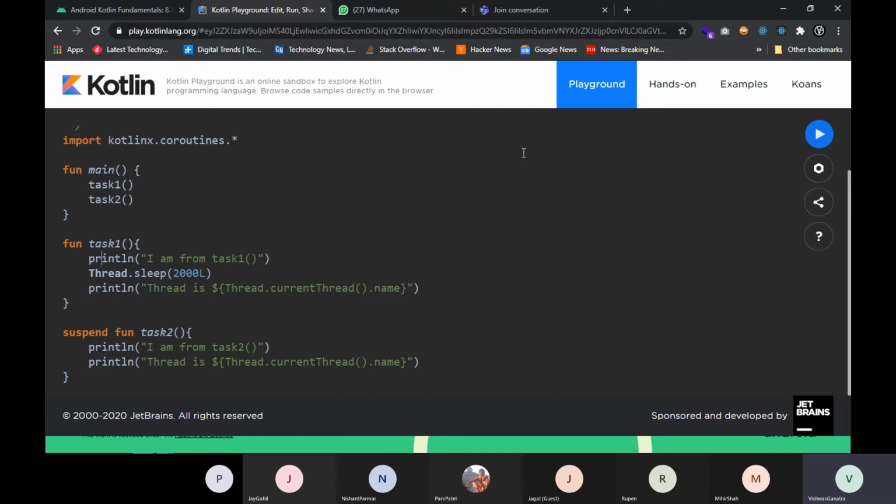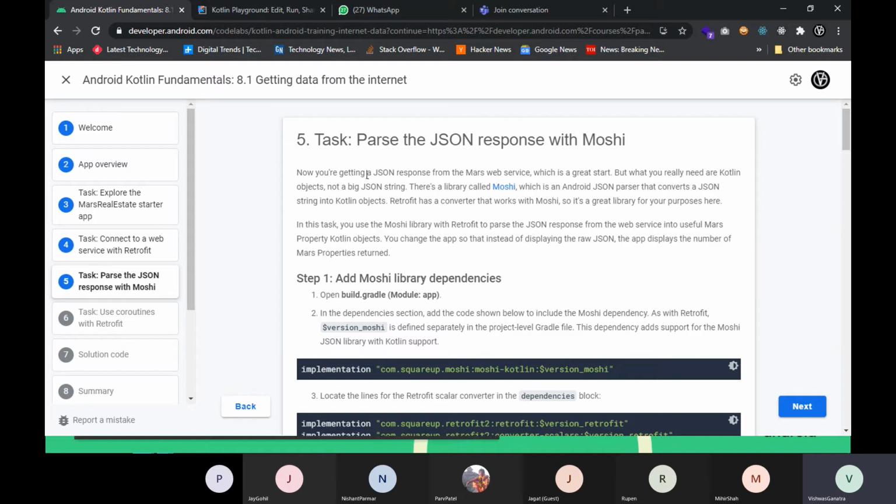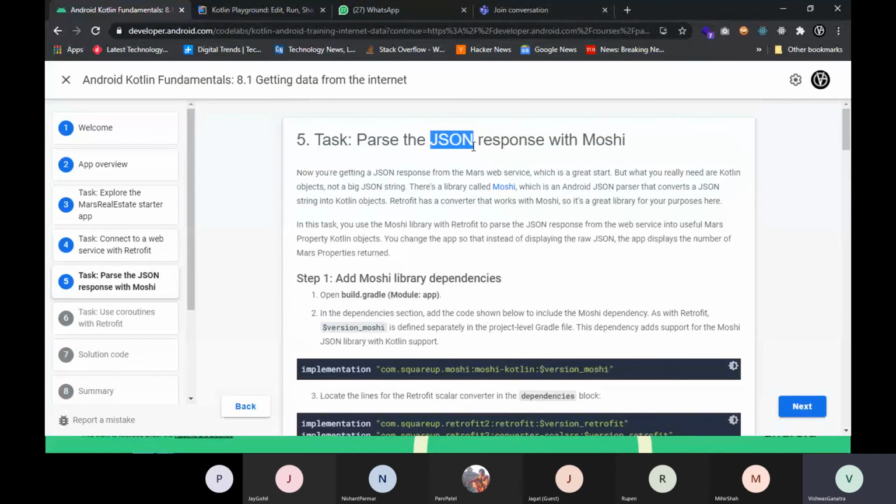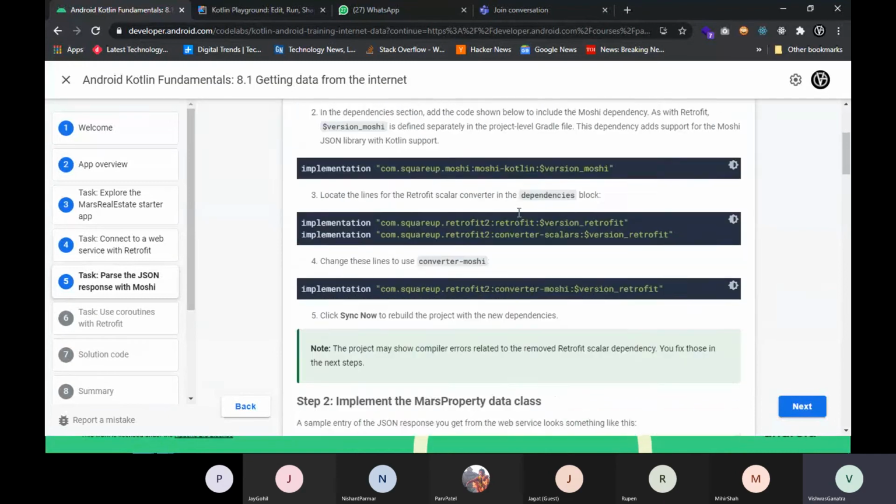Executing this task sequentially will be chaos, because you don't want your application users to run away from your application, and because your application will be much slower if you don't use asynchronous programming concepts. So Retrofit is just a library to fetch your data from the internet in the form of JSON, JavaScript Object Notation, if you aren't familiar with it.